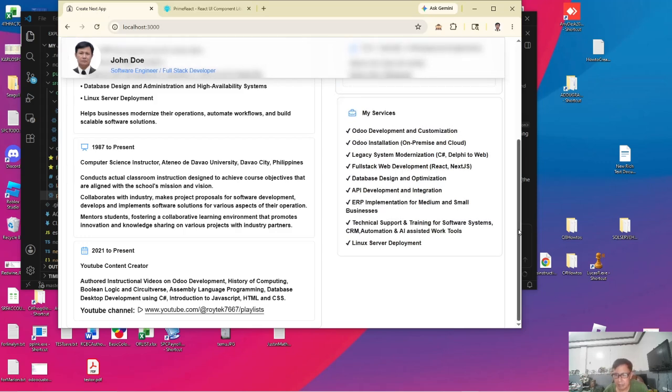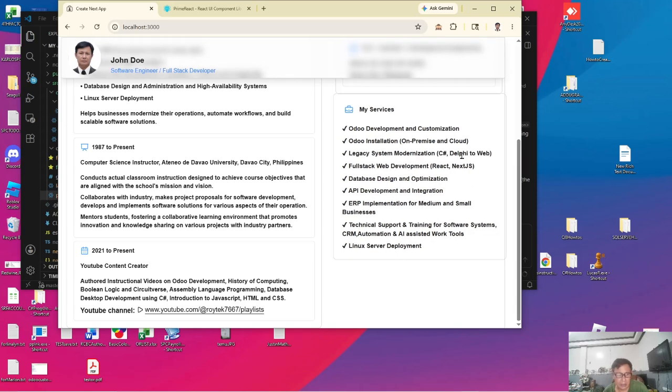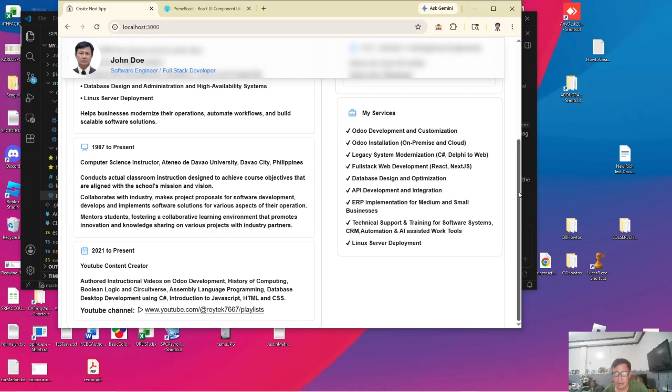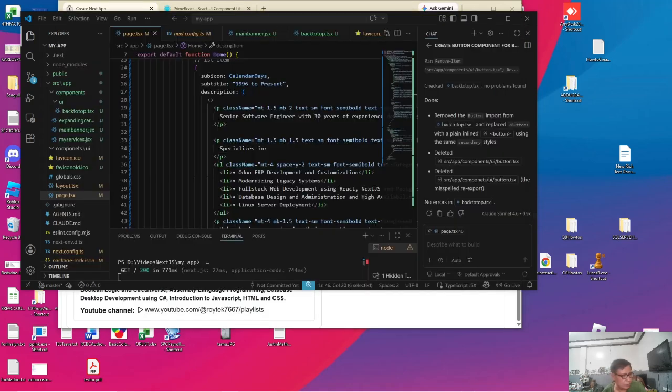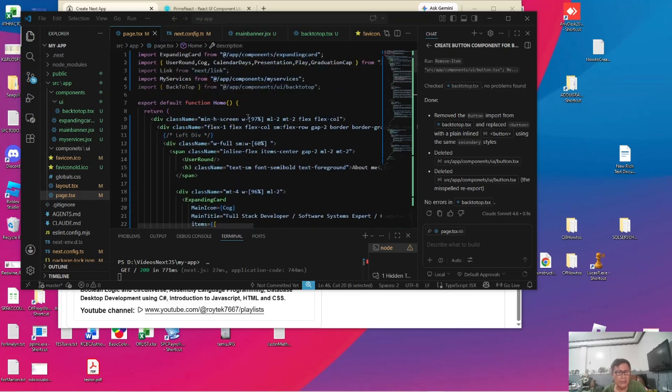Before we create that back to top button, let's create an ordinary button first. We will need to have a footer because we will fix our buttons after the footer so that it will not cover any content. Like in this case, if we try to create a button without a footer, let's try to do that. A button is created using a next link. So we are going to have to import link from next link. It's actually one of the node modules.